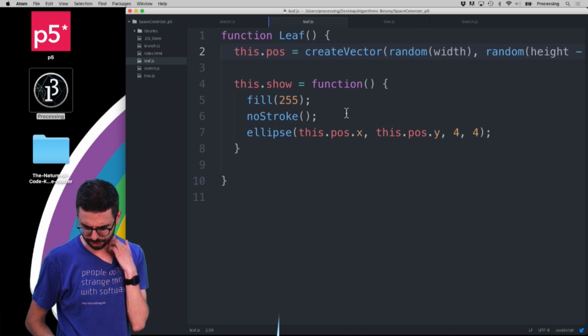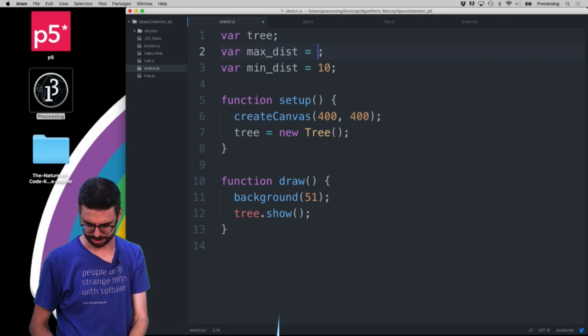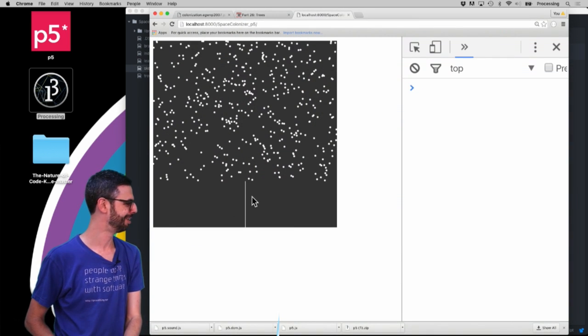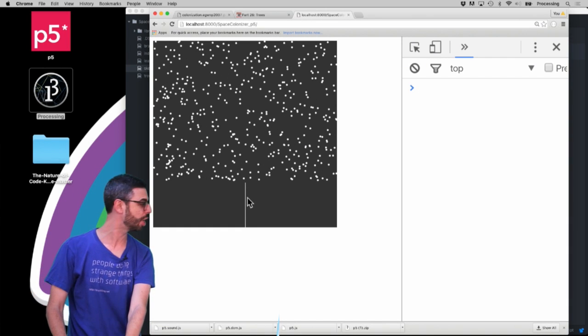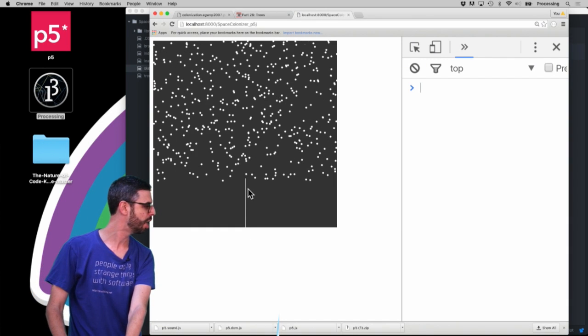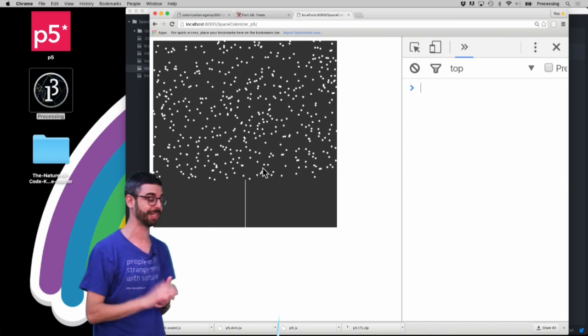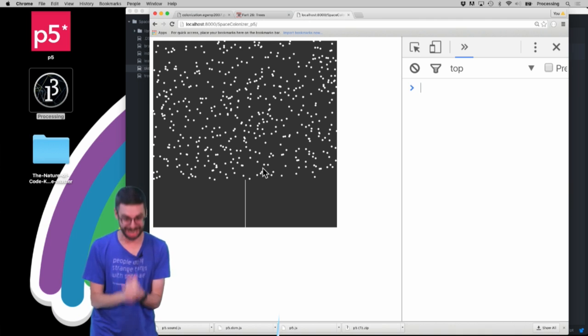Although maybe the first one, my maximum distance is so high. Yeah, so that worked. So you can see here now, this root is going to go all the way up until it gets within a certain number of pixels of one of those branches. Okay, so now once that's done,